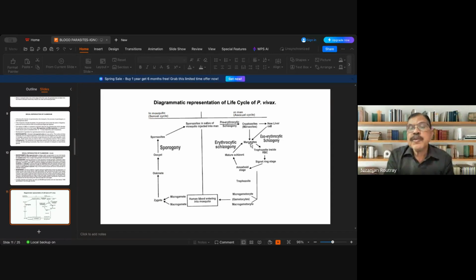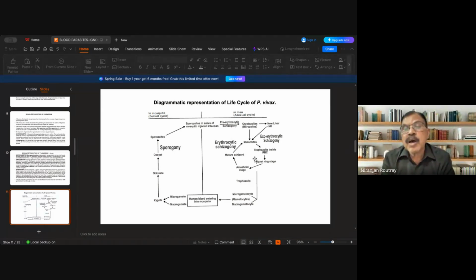These merozoites enter the RBC and complete the erythrocytic schizogony to produce the merozoite stage. Each cycle results in the rupture of many RBC, destruction of many RBC, and in each cycle, with the destruction of RBC and release of these hemozoin granules, the fever occurs.